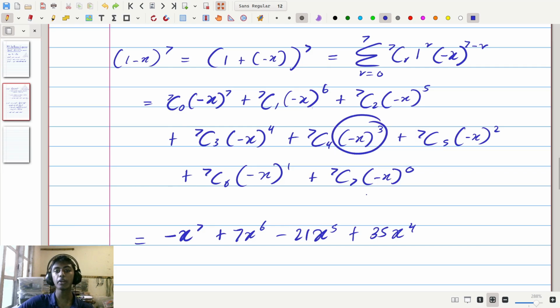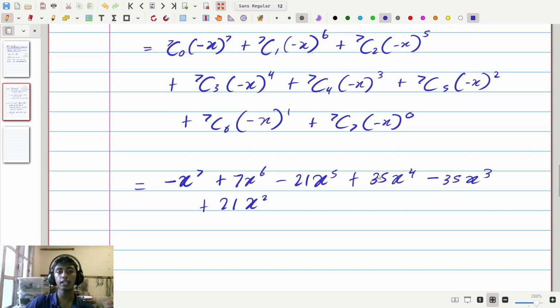The next term after that is 7 choose 4, which is 35, times negative x to the power of 3. Negative x to an odd power is going to be negative. So negative x to the power of 3 is negative x cubed. So we have negative 35 x cubed. The term after that is going to be 7 choose 5, which we know is 21. It's going to be plus, since the power of negative x is even. So we have plus 21 times x